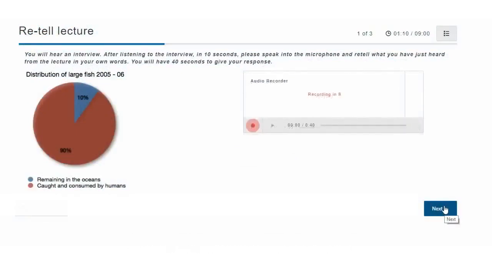When the audio finishes, you have 10 seconds to prepare. After a short tone, the microphone opens. The author of this article is explaining how you need to summarize what you heard.